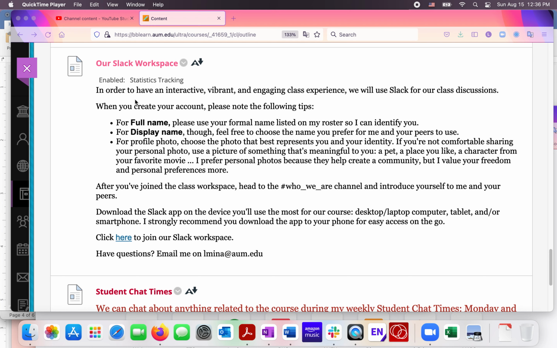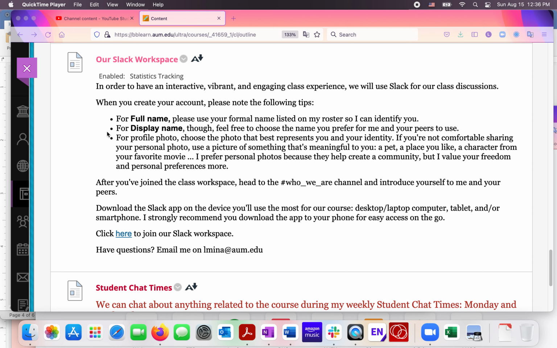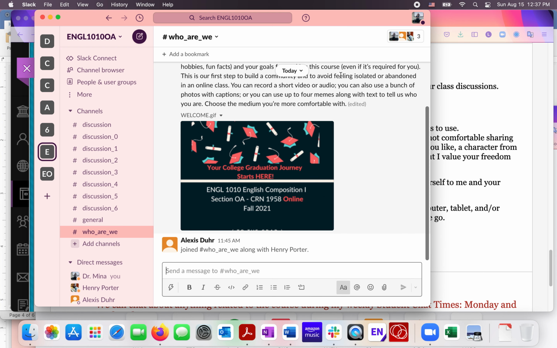Workspace is the name of the Slack space that we'll be using for our course. So when you are setting up, you'll click here to join and to create your account, but these are things that I'd like for you to consider while creating your account. It will ask you for your full name, okay? Or after you have created your account, you can go to your,